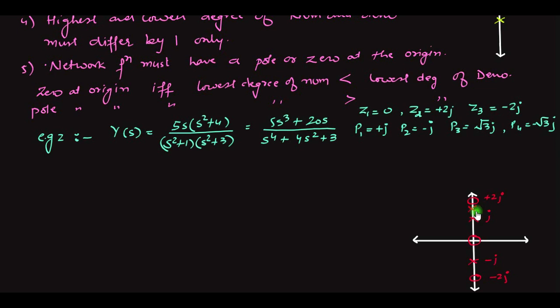So there is another pole lying here, which is 1.73j, and similarly another pole will be lying here, which will be minus 1.73j. Because if we start from here, we will see that after this 0 there is a pole, and after this pole there is again a pole, whereas for the interlacing condition, after this 0 there should be a pole, and after this pole there should be a 0. Hence this network function is not satisfying the third condition, and we will say that it is not an LC impedance function.